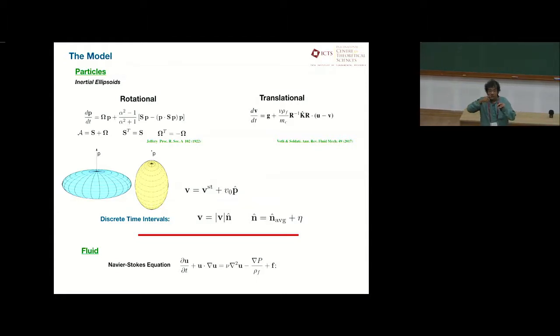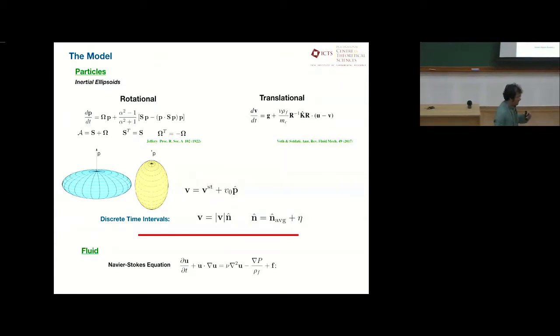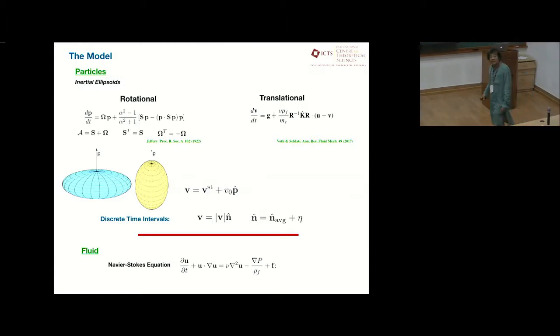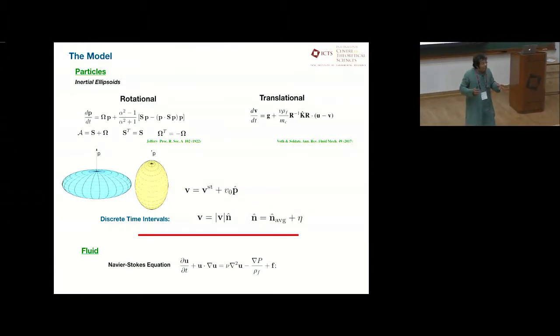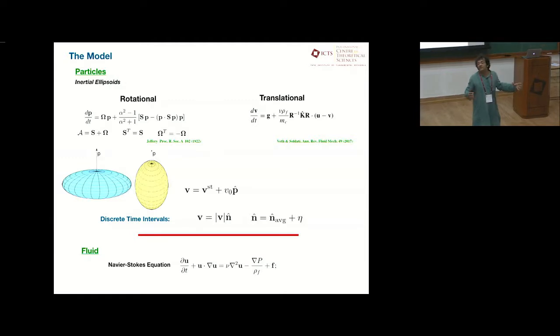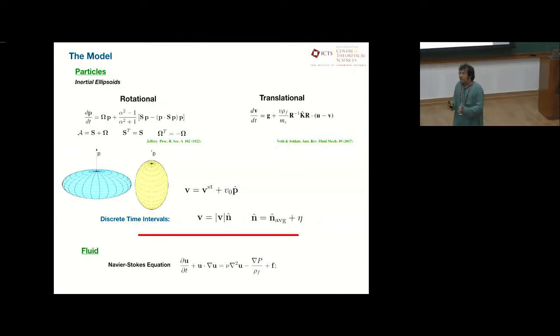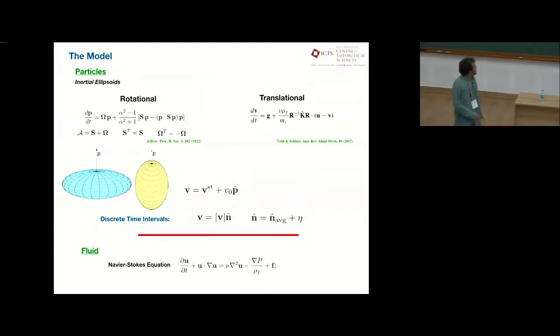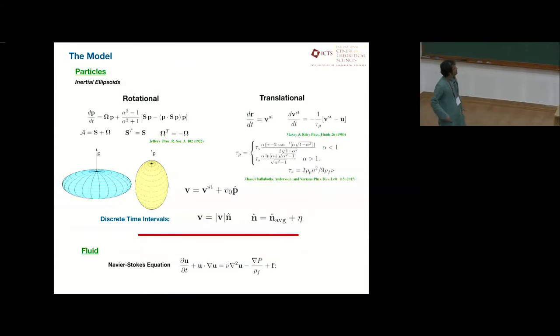So what the particle is trying to do, in the absence of the flow, is just go along its orientation vector with a velocity amplitude V0, but the flow is scrambling things up, all right? And like in the Vicsek picture, at every discrete time interval delta t, the particles look up, see neighbors within a distance r, figure out what the average direction is, and then try to orient. Okay, so that's roughly the model that one works with, and the turbulence of Navier-Stokes.